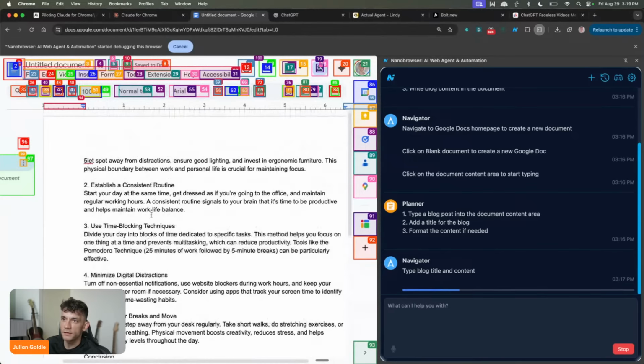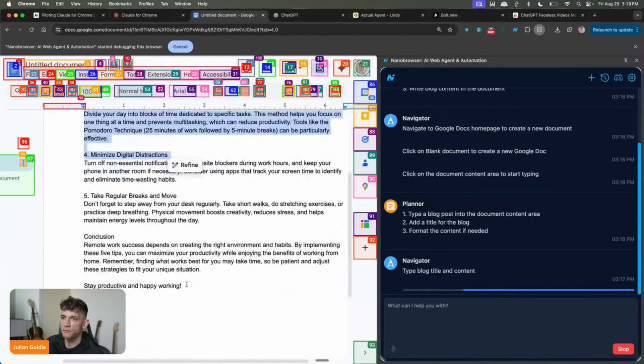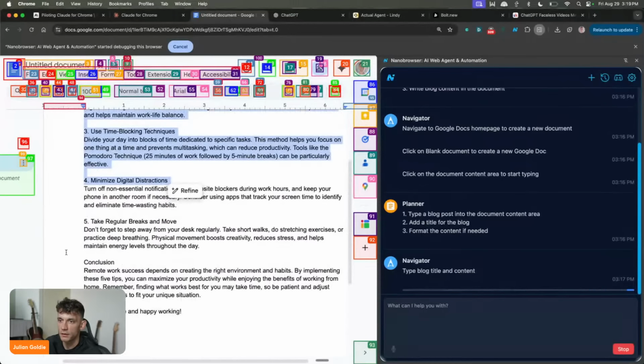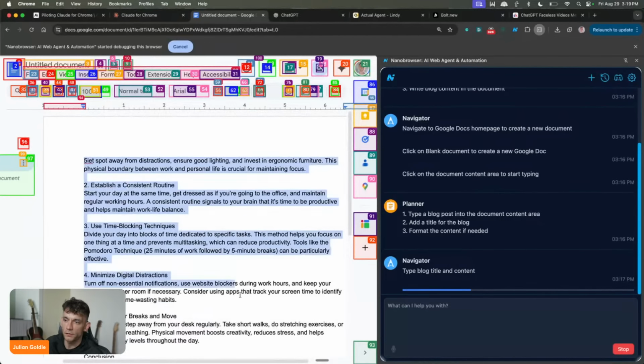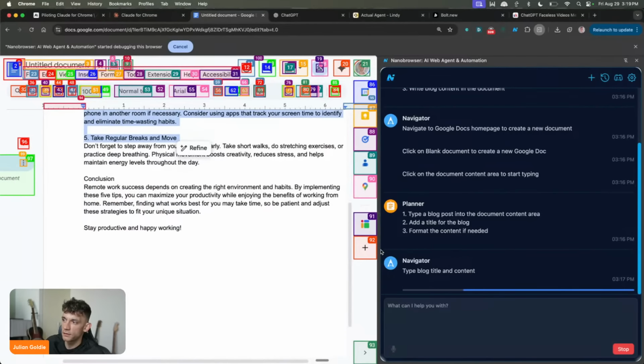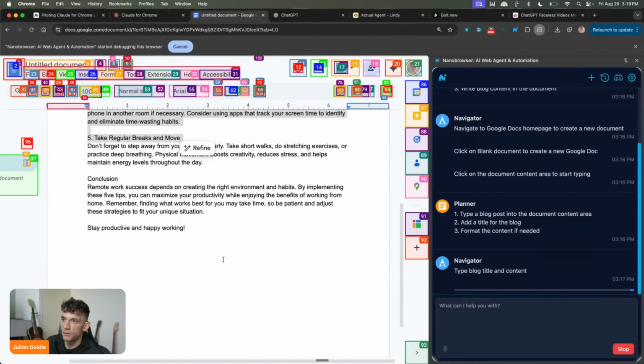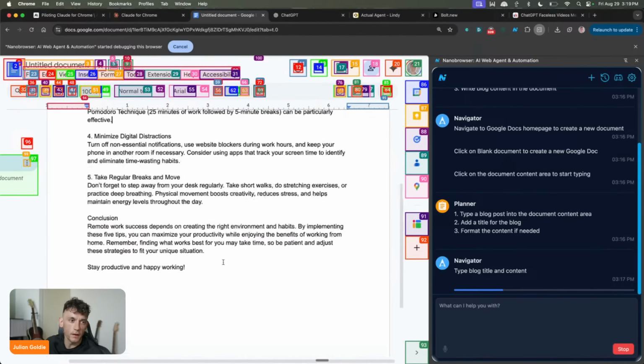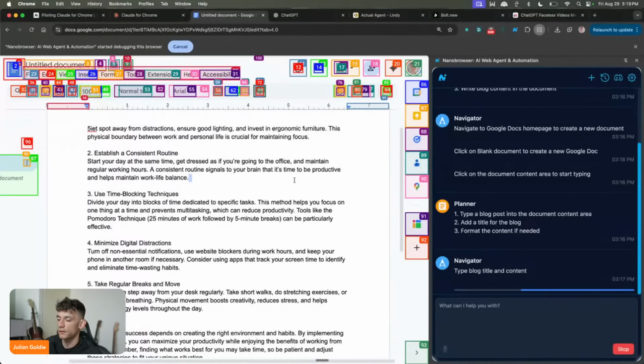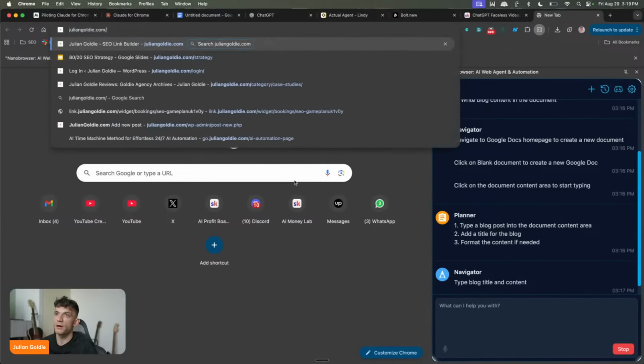If we go back here, it's now written the full blog post. I think it actually wrote it in the background, if I'm not mistaken. And you can see we've got a full blog post automated using AI and Claude. How easy was that? That was crazy easy. All right, so let's have a look now. If we go over to